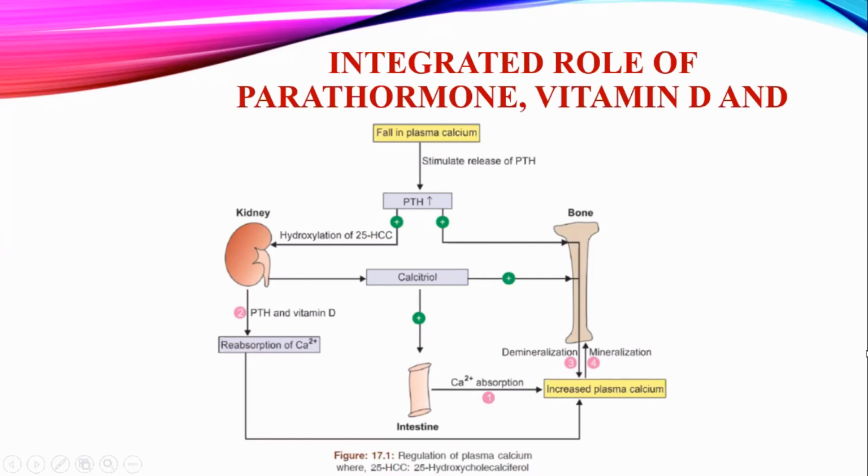So this is all about the integrated role of parathyroid hormone, vitamin D, and calcitonin in calcium homeostasis. From now, we have completed the hormones involved in calcium homeostasis. If you have any queries regarding these topics, hormones involved in calcium homeostasis, you can ask the questions now, or you can ask by sending your questions on Viber